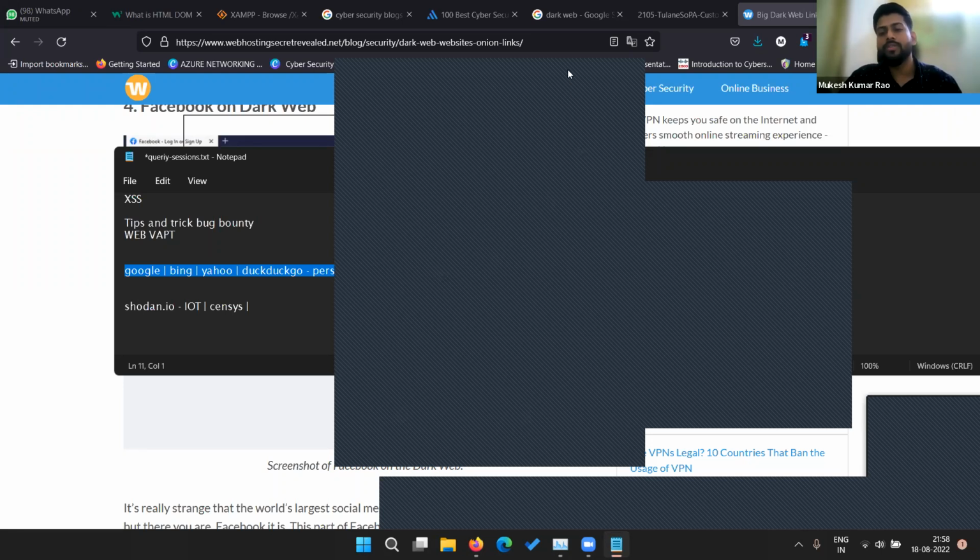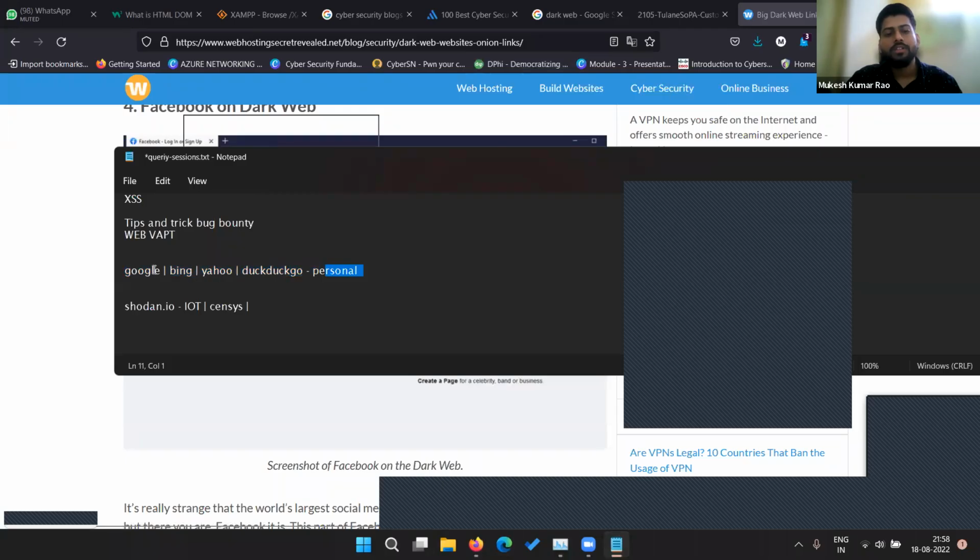Or for normal browsing, you can use the Tor browser. You can just change from DuckDuckGo and enable Google as the search engine, and then you can do normal browsing there also. If you're not visiting any .onion website, then you are safe also. Yes. Prona, you can go with deep web links with DuckDuckGo also. That option is also available in that part.